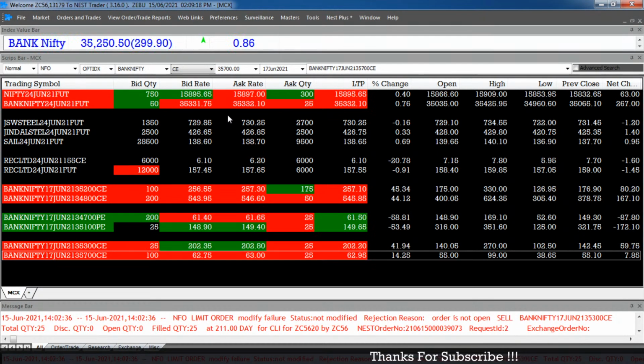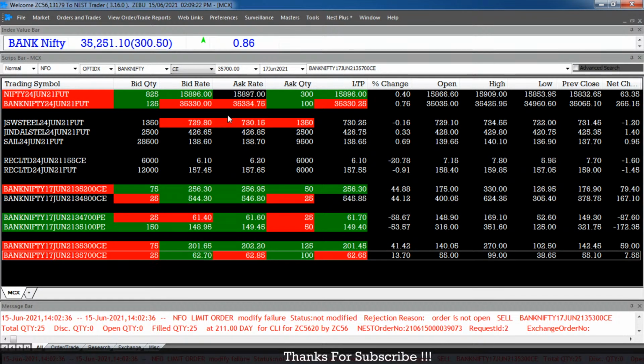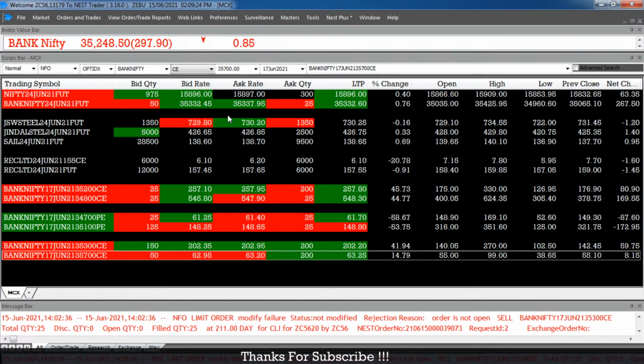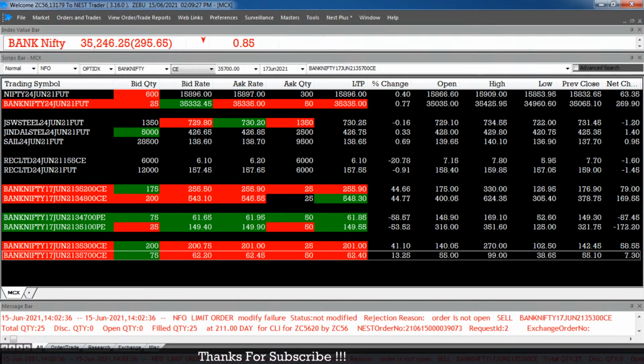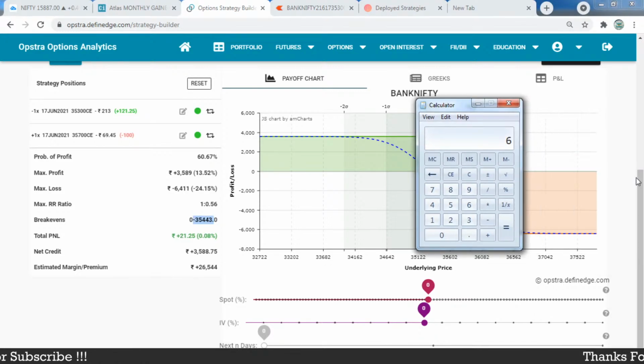So when I'm expecting there will be a downside in the market, if it moves higher, this position starts making loss, and I'm going to lose somewhere around 6,000 at maximum. If I want to adjust this position, my risk should be 6,000. So let's calculate: 6,400 approximately my maximum loss, 6,400 divided by 25 is